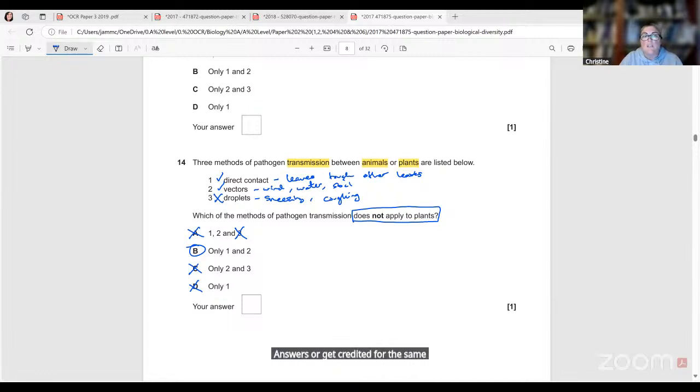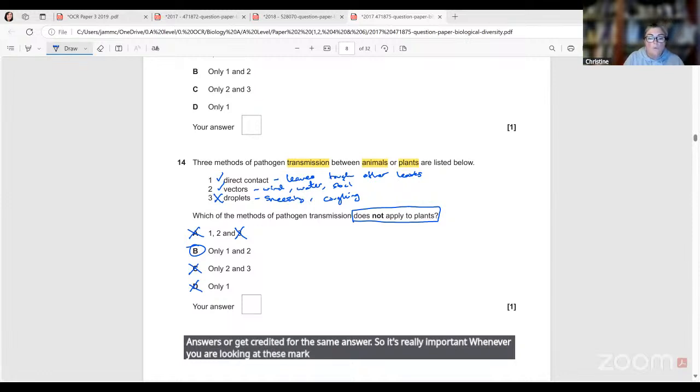So it's really important whenever you are looking at these mark schemes that you do know that there is deviation